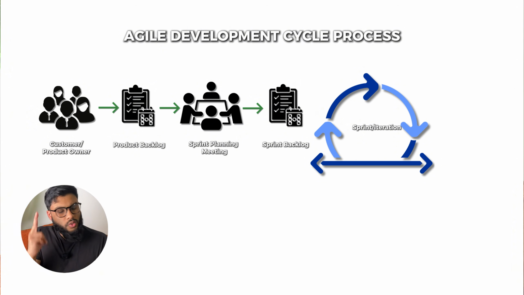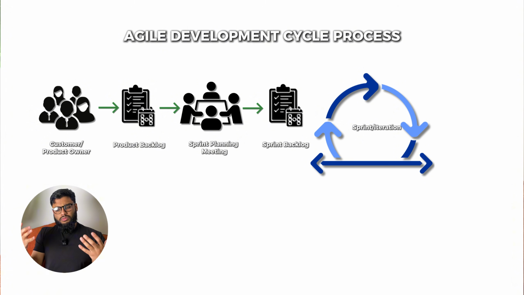Okay? The gun goes off. Like in a race, the gun goes off and you have sprinters sprinting to the finish line. We're actually starting the sprint now. Now, something interesting happens during this process. The product backlog freezes. What does that mean? That means at this stage, if the client comes running along saying, hey, can you change this and add this and add this? Listen, we tell the client, this is not the time for this. Let's talk about that after the sprint. There's one exception, which I'll get to at the end of the video. Make sure you stay tuned because this comes up in the exam.